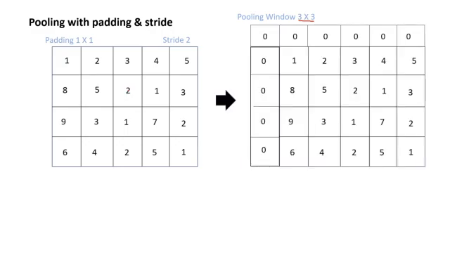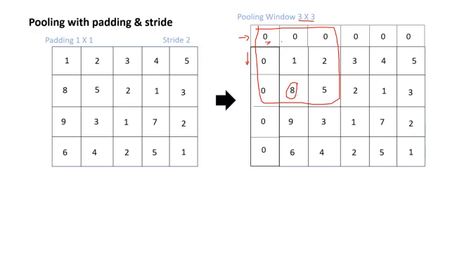So let's apply the padding. After adding padding at this position and this position, the image looks like this. And we'll start with the pooling now. So it's a 3 cross 3 window. Similarly, we'll start from the topmost left corner, and this is going to be your first window. We are going to use max pooling because you won't actually have to calculate these. Pooling layers are present in all the standard libraries, so this is basically the behind-the-scenes that I'm showing you in this video. I'm using max pooling just for ease of computation. In this case, this is going to be your maximum, that is 8, and this 8 will be for